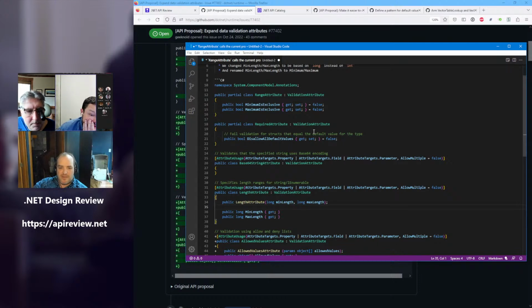Our existing attributes throw an invalid operation exception if you give a negative length for min or max. In their constructor? Or in the validator engine? In the validator engine. Well, sort of. It's when the attribute's IsValid is called, so yes, by way of the engine. Asking the reflection object model to give me instances of all the attributes applied to this isn't going to throw from one of those constructors. Okay.